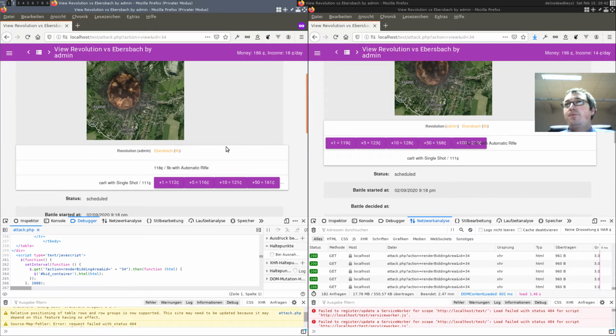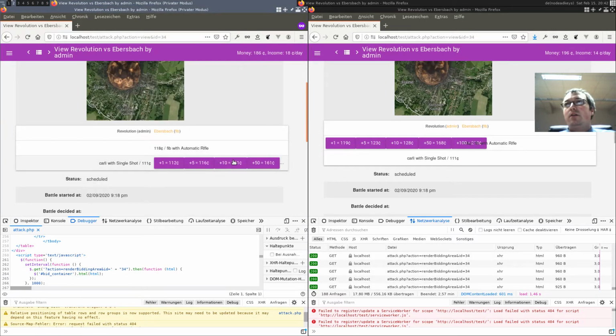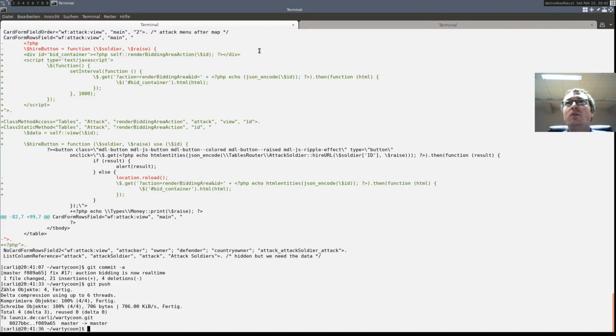Also, if a soldier is hired, he has to pay the money, so his money value has to be decreased.